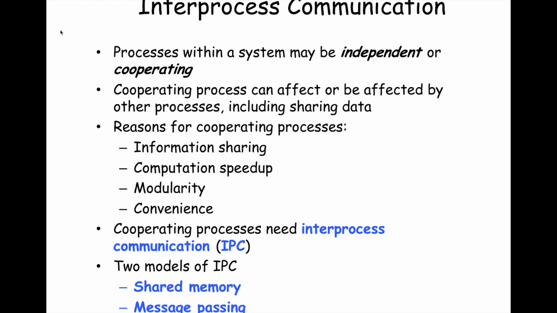Can the speedup more than pay for, or is it faster than, the slowdown introduced by the parallelization? Okay, so of course there's information sharing, and the browser is one example of that. Modularity, so that if parts of your program fail, you can recognize that failure and take action. And then also convenience. Sometimes it's a lot easier just to think of parts of your application as being separately